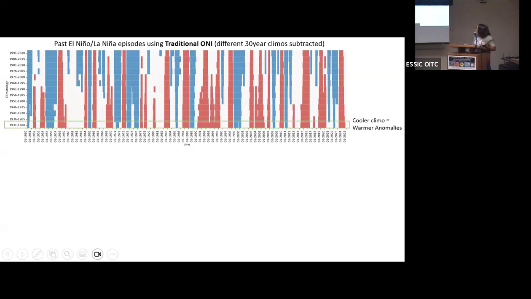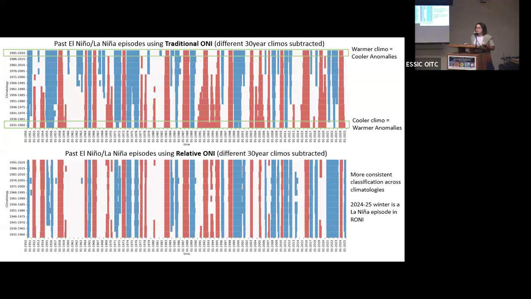So as one might expect, if you're using a cooler climatology like the one from 1930 to 1960, you see generally warmer anomalies. You see more El Niños, they're longer, they're more obvious. And when you use a recent, warmer climatology, you see more blues, especially in the past record. So you see this clear difference. There's not a lot of vertical orientation here. You see almost these fatter reds toward the bottom, and then more of these blues toward the top. This is problematic. This is the relative, so same perspective.